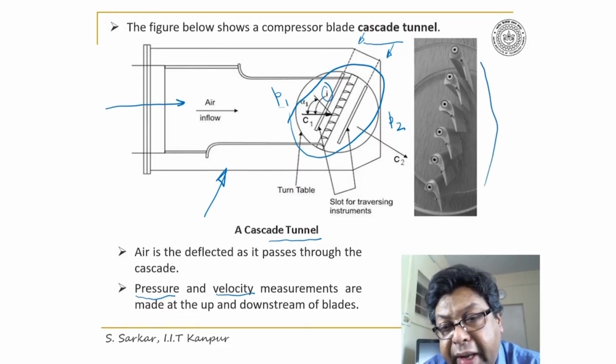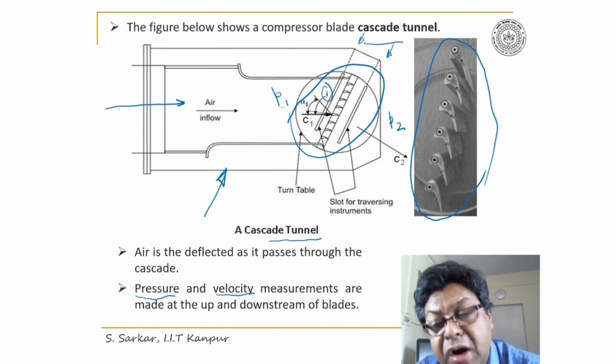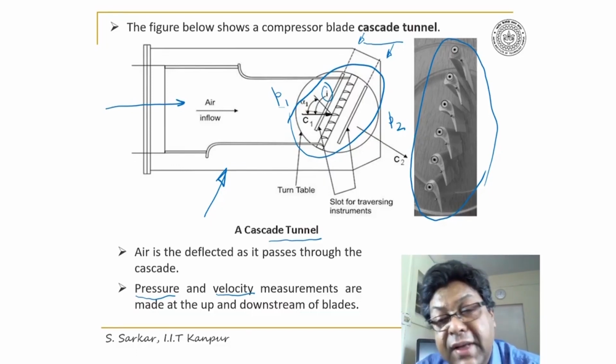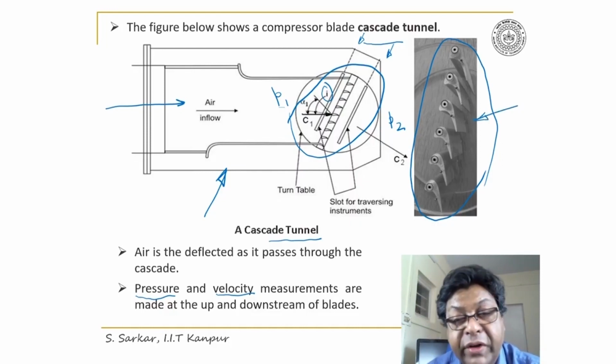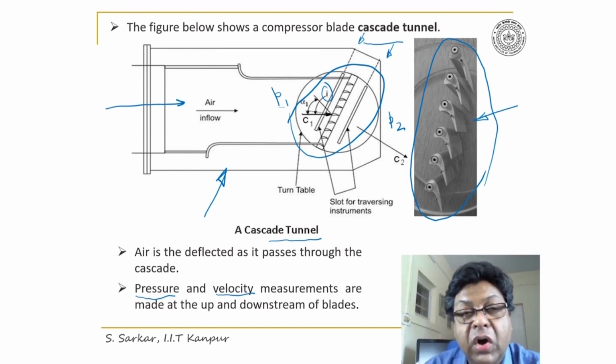Here I have indicated a picture where a real compressor blade is mounted on a turntable. Here you can appreciate the profile of the blade, how it looks when mounted on a cascade